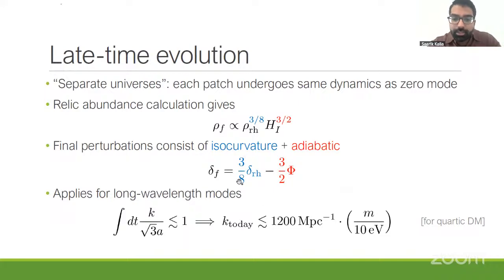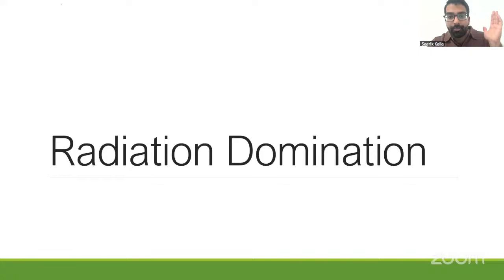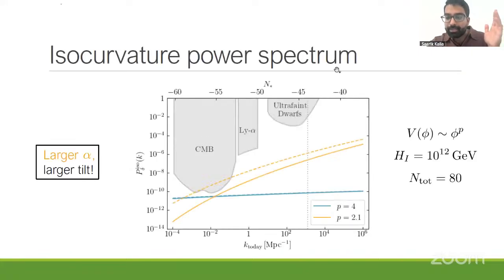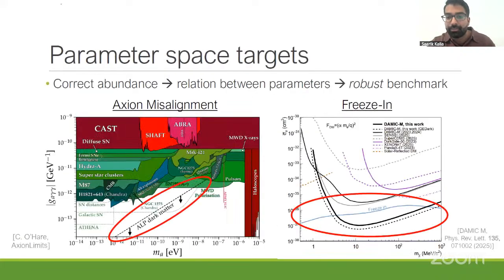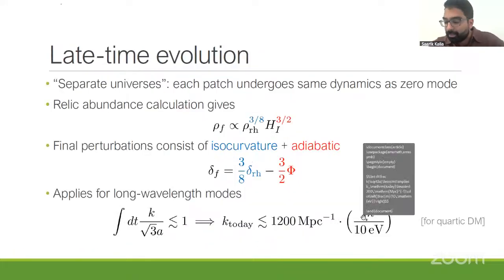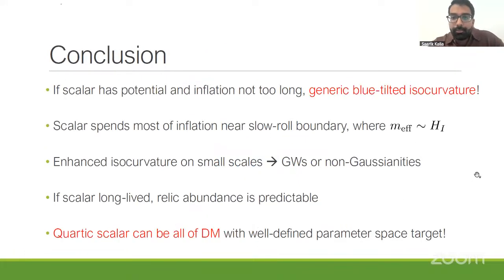So long story short, the isocurvature perturbations acquire some order 1 factor of 3/8 on large length scales. So the plot that I was showing you several slides ago is accounting for the factor of 3/8. That factor really only applies at large length scales, so really only to the left of this dotted line here. But I draw it as a dotted line because that line depends on the mass of the field and also on the particular model. So this is for a mass of 10 eV for quartic dark matter, exactly here. Okay, so finally, I'd just like to